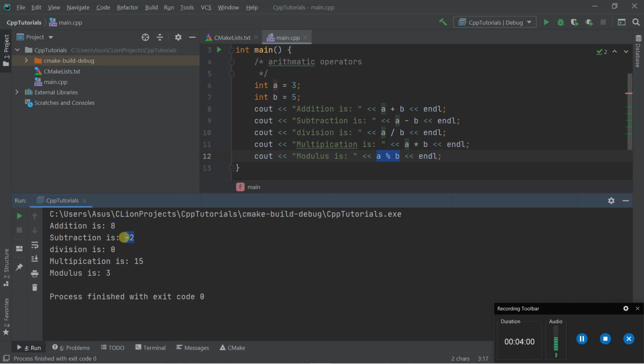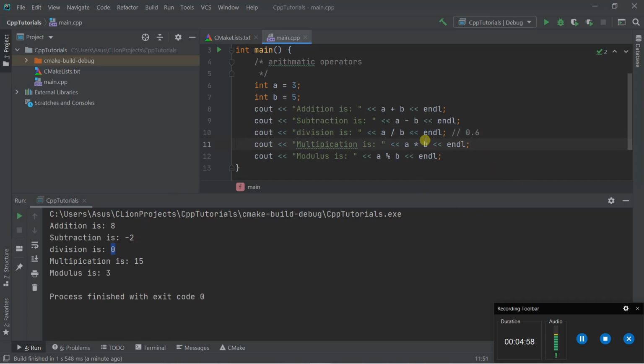The exact division of 3 by 5 is 0.6, but both values are in integer form, and we already discussed that the data type of the output of this operation is the same as the data type of the operands, so the output is also an integer. If we convert this decimal value into an integer, it only considers the integer part, which is 0, so the output is 0, and the 0.6 is ignored.